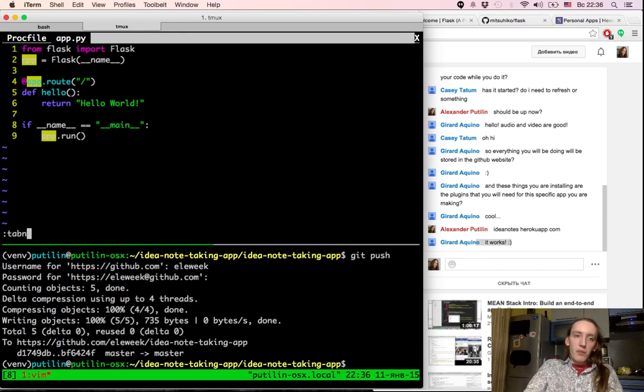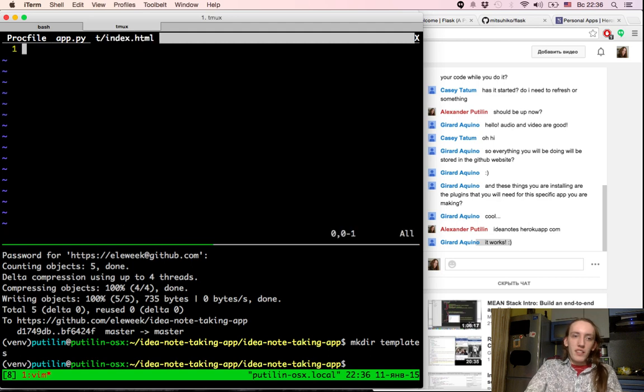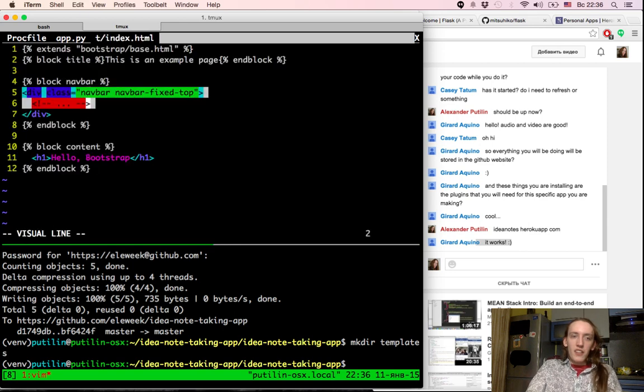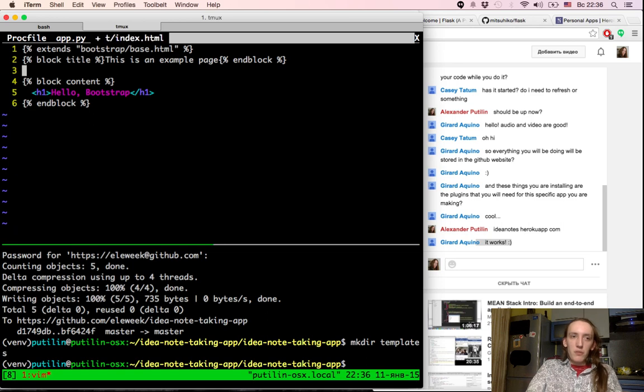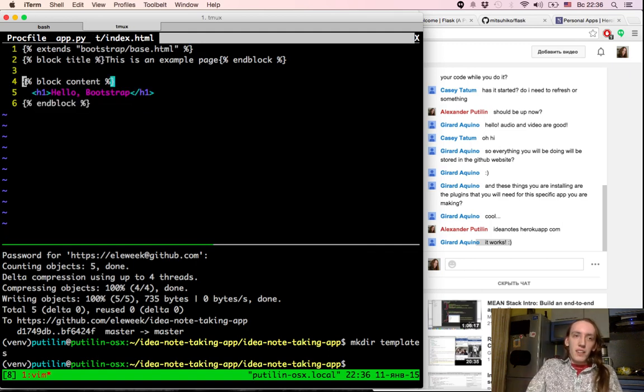So I'm going to create a templates directory, then I'm going to open it and create a template named index.html, and I'm going to copy this. I think I don't need the navbar right now, so I'm going to remove this block, and basically I'm going to explain this stuff so you're not so confused. Basically, there is a parent template, and in the template you can define certain areas of HTML, and then you can override these areas. And these parts of the file are called blocks,